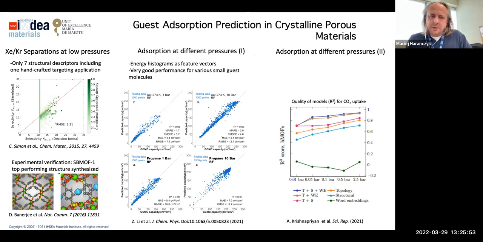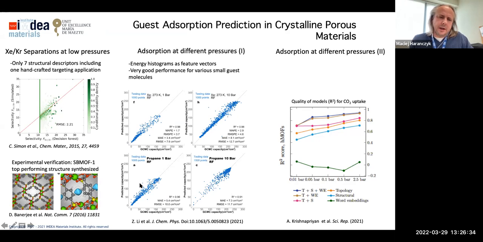Okay, so here are some examples of applications, and I show here three applications that go from left to right, from our earliest model from 2014, 2015 to the newest work. On the left is the first model that we have, for looking for materials for noble gas separation, xenon krypton, which is important for medical applications and space travel. And it's quite expensive. So we try to find a material that can separate it in an adsorption process.